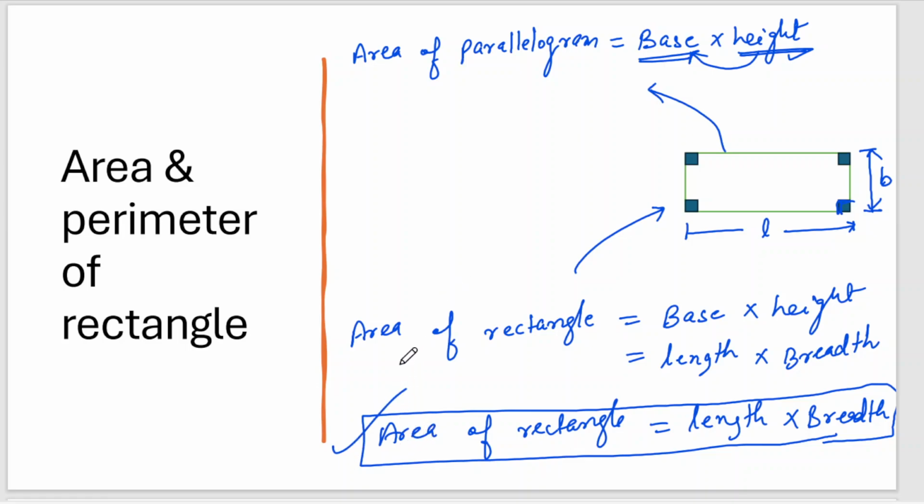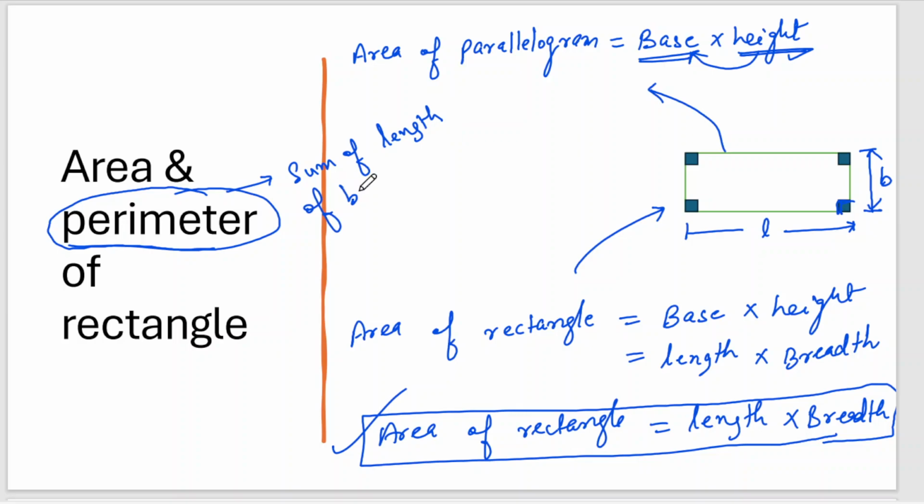Okay. Now, next is what is the perimeter of a rectangle? See, what is the meaning of perimeter? Perimeter means sum of the lengths of the boundaries. Okay. Now, what is the length of the boundary? So you can see we have got L, this as L, this opposite side is equal, so we have got 2L, right? L